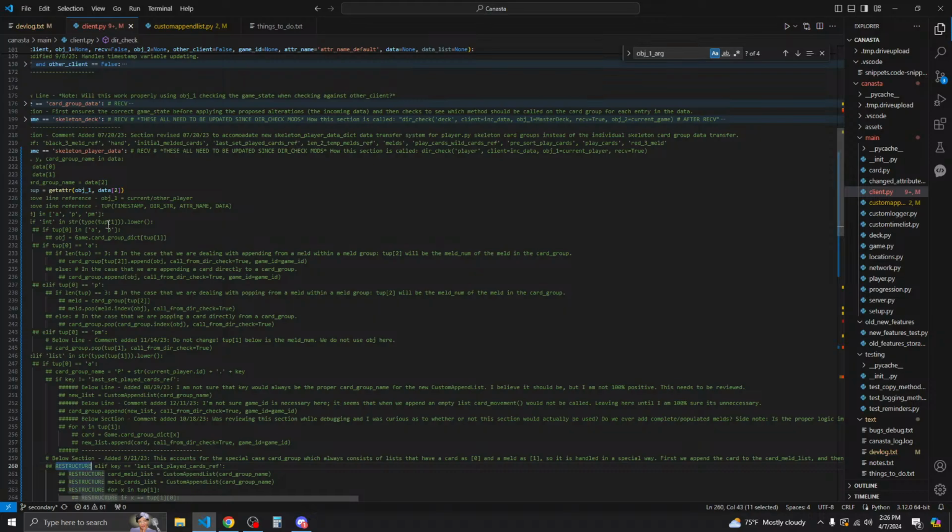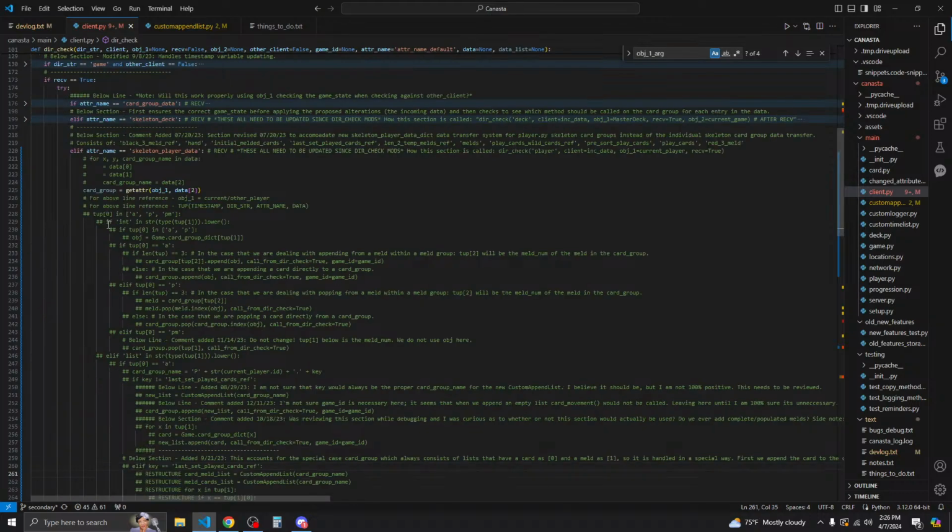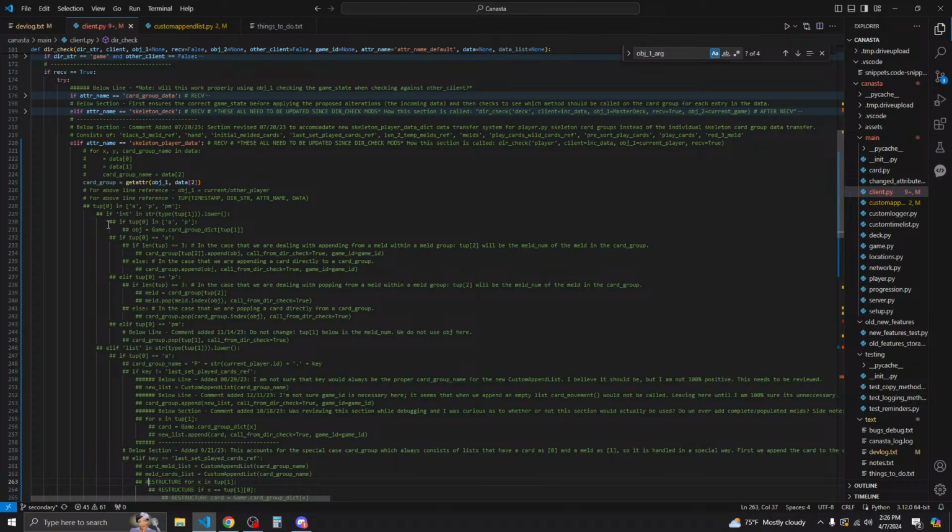Restructure if key is equal to last set of play cards ref. Okay, so this is a very rare and very delicate instance, it looks like. I don't entirely understand what's going on here, so let's just keep going through. So we have the card meld list, which is a new custom append list instance with the card group name last set play cards ref, and then this meld cards list is another custom append list with the card group name. Now we are going to iterate through